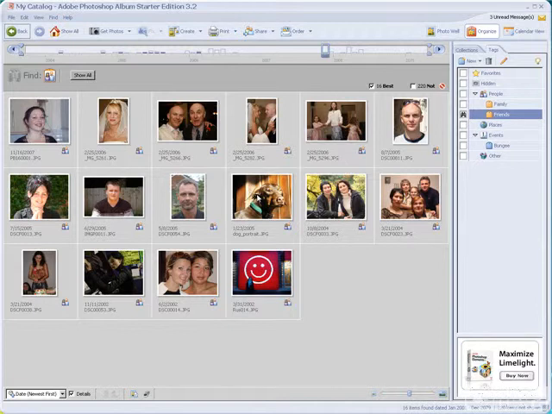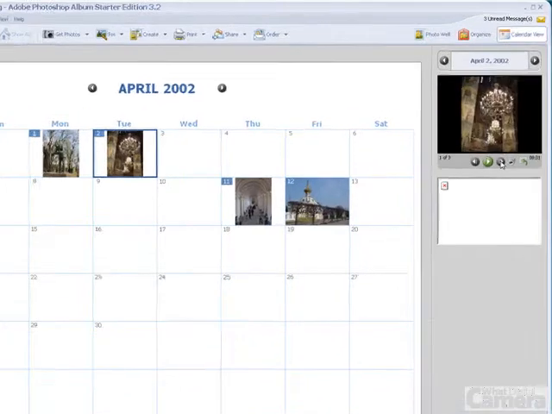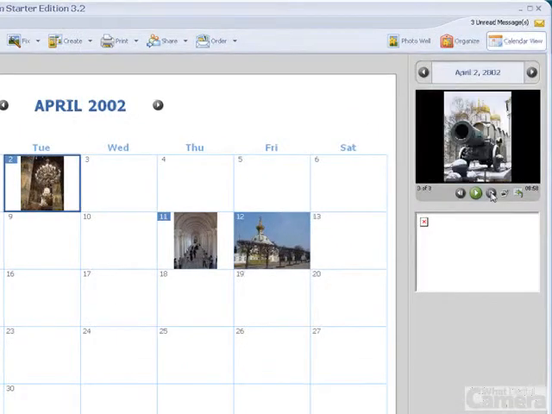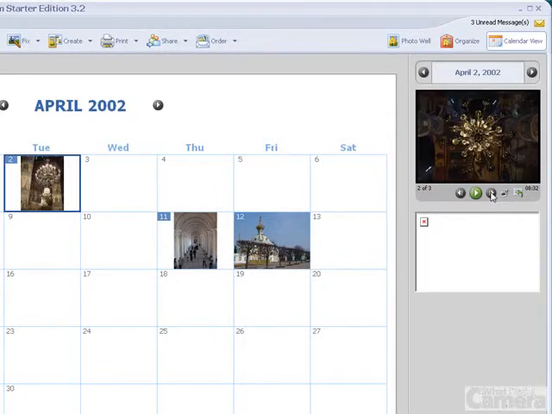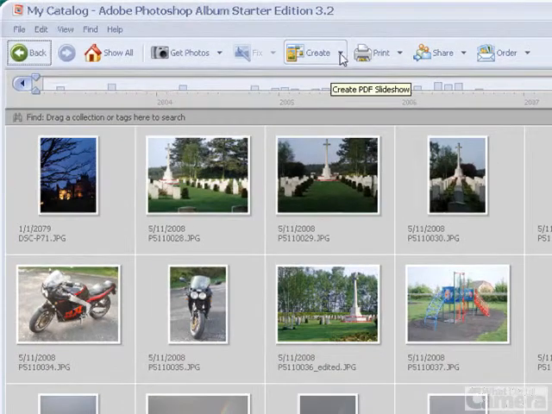There's also a calendar view that takes its data from the date embedded in the image file, provided of course you've set the camera up properly. And if you look at top right, you can click through images taken on a specific date just to see what's available. Now today I'm feeling particularly creative, so let's whiz off to the Create menu and see what can